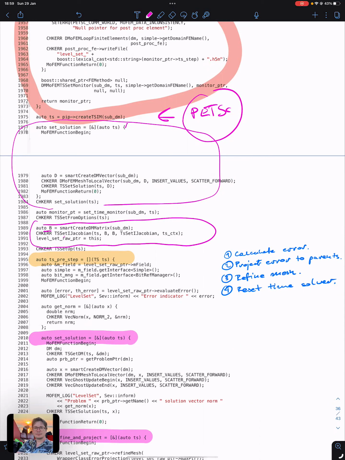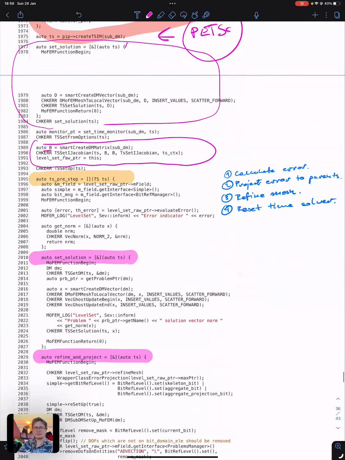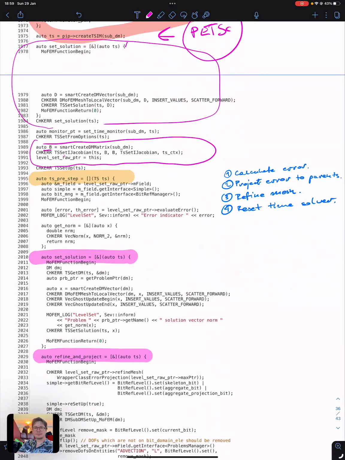With this function, we're using smart pointers to keep the PETSc objects, so they are automatically destroyed when they go out of the scope. And then the key thing. So then we're using, let's say, a theta solver or a backward Euler solver. So at the beginning of every step, we do